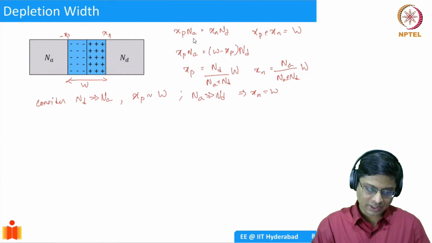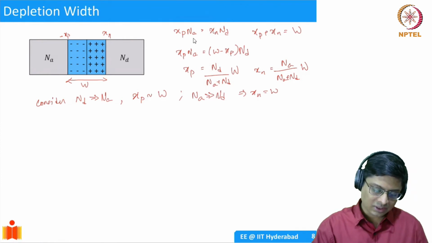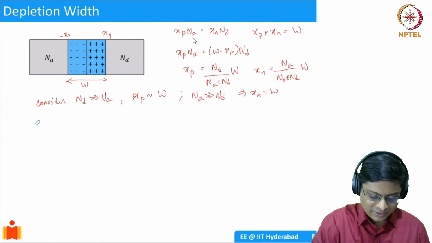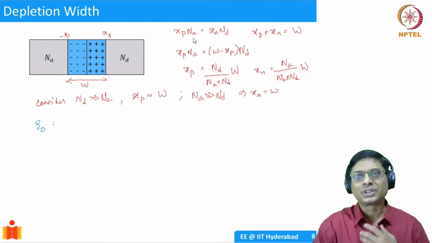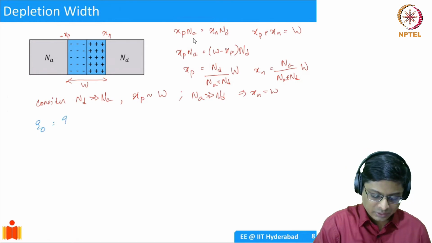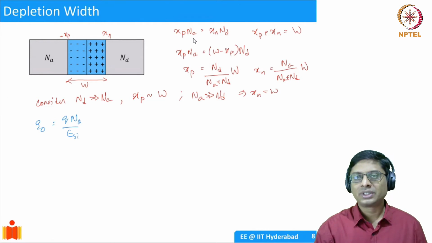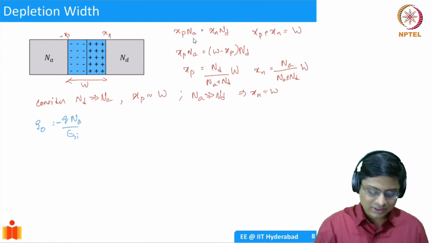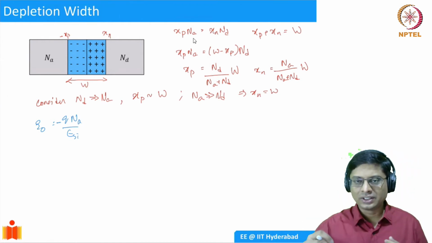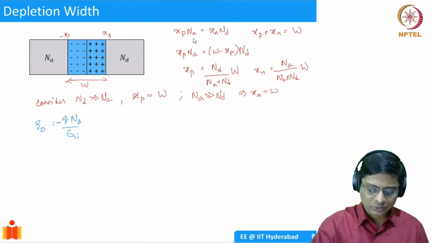Okay. All right. Let me see what is the electric field. We derived an expression for the electric field. The peak electric field, I'll call it E naught. E naught is going to be what? So remember, dE by dx is going to be Q Na divided by epsilon silicon, and then there is a term containing x. In the N-type semiconductor, of course, there's a minus here. It has to go to 0, so it was basically xn minus x. Now anyway, x equal to 0, so it's going to be xn.